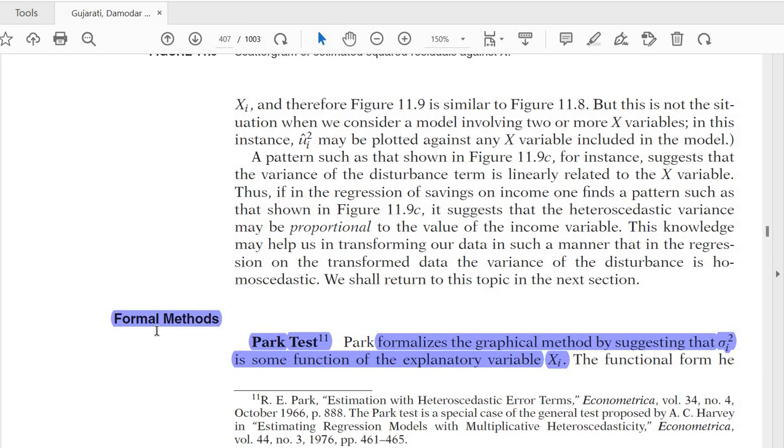उसके बाद है फॉर्मल मेथड। फॉर्मल मेथड एक नहीं है, 3-4 है। Park method ये लिखा हुआ है, Glejser method है, Goldfeld and Quandt test है, Breusch-Pagan test है, और इसके अलावा White test है। इस काफी सारे tests हैं, तो मैं आपको 1 से 2 बताऊंगी। And remember, जब भी हम heteroscedasticity के tests करेंगे, formal हो या informal, हमेशा हम u_i hat को मुख्तलिफ तरीकों से discuss करेंगे, क्योंकि u_i hat and variances are the same thing।